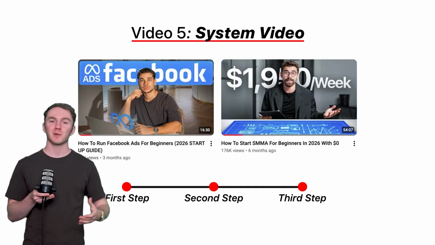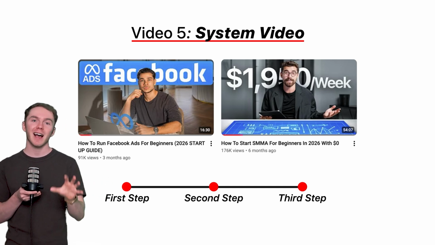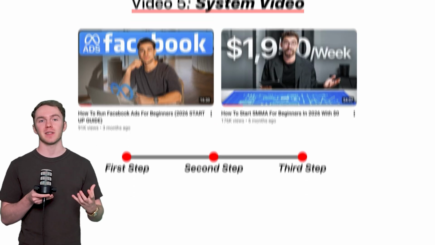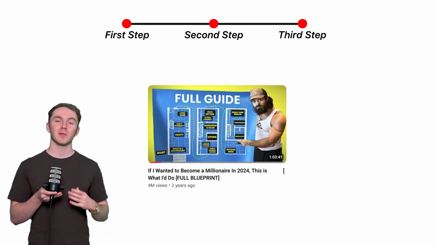People want to see systems because they feel repeatable. A result might be motivating or exciting, but a system is actionable. And when you give someone a framework with clear steps, they feel like they can actually achieve the same thing that you did. One of Alex Hormozi's most popular videos follows this formula, where he gives people the exact blueprint